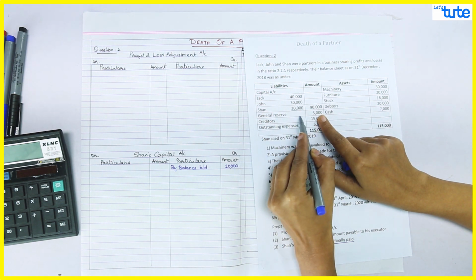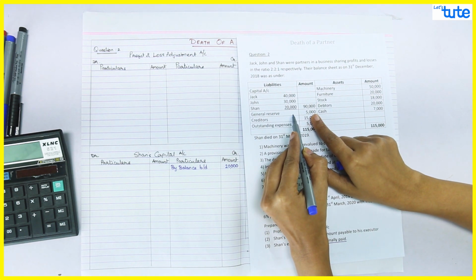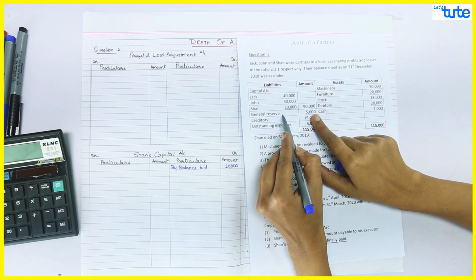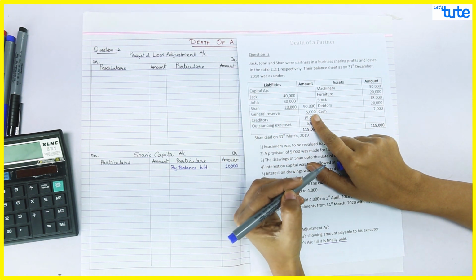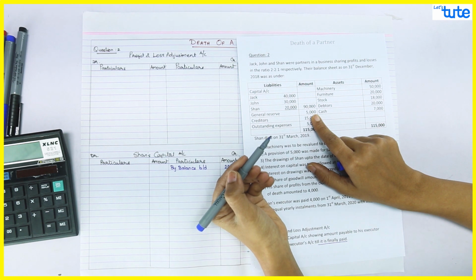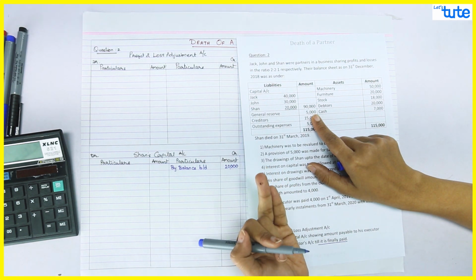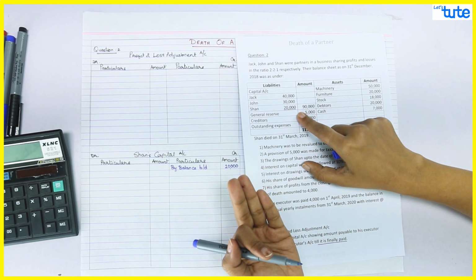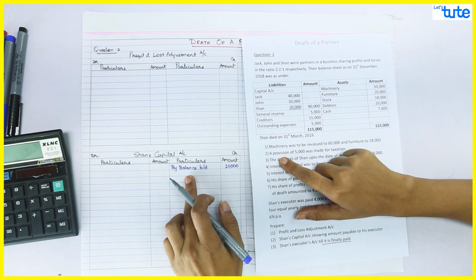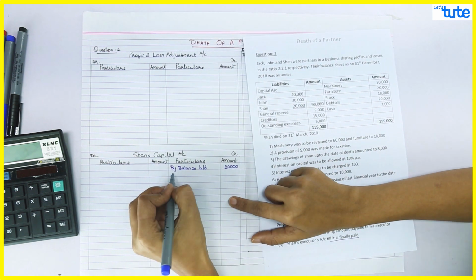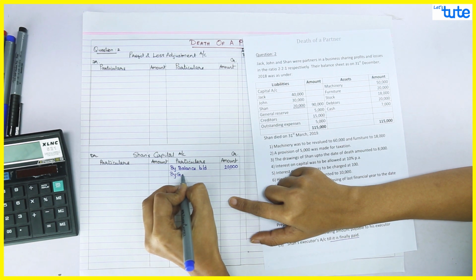So we need to distribute this general reserve. What would be the journal entry for this? Since this is a credit balance, we need to debit it. So our entry would be general reserve account debit to Jack's capital, John's capital, Sean's capital, that is, to partners' capital accounts. Over here we have only one partner, that is Sean. So we'll say by general reserve account,